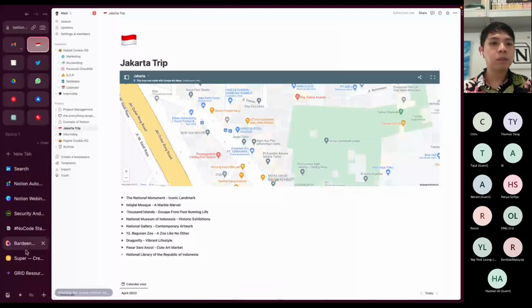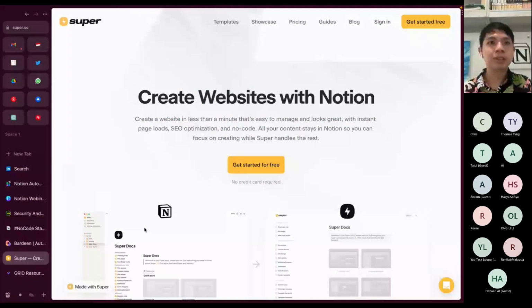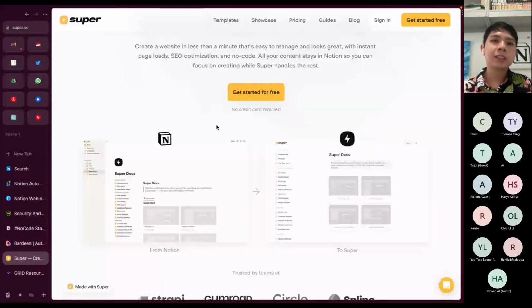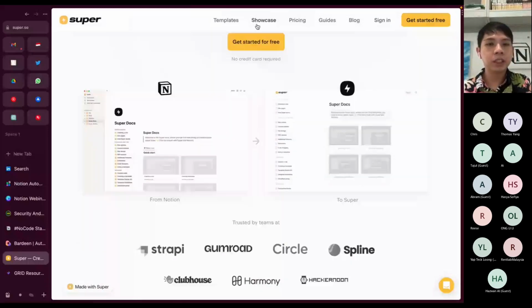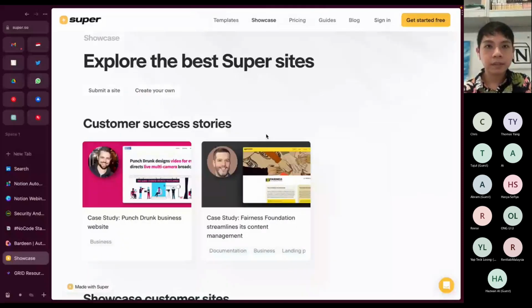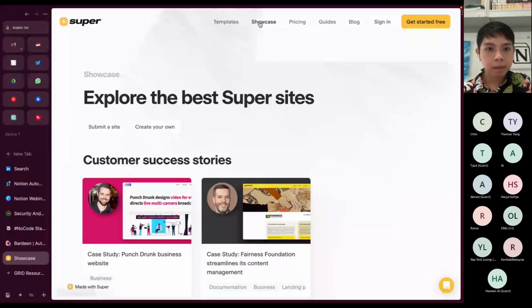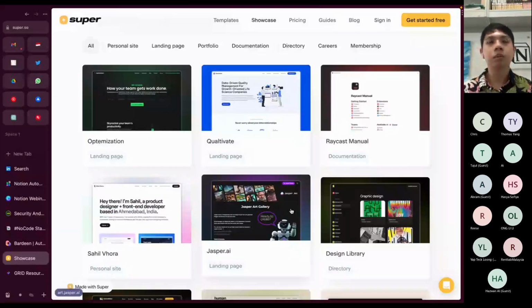But if you're more on the business side, you want your own custom domain. So you can use Super. This is something we call a wrapper. It turns your Notion page into a very pretty website.